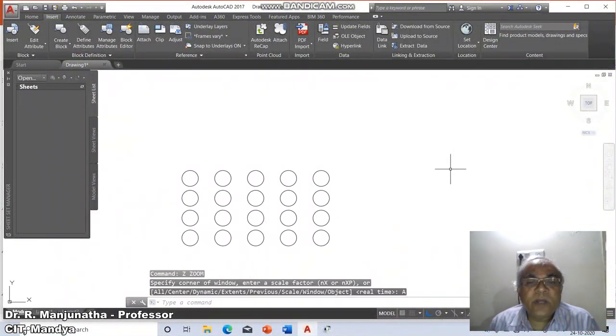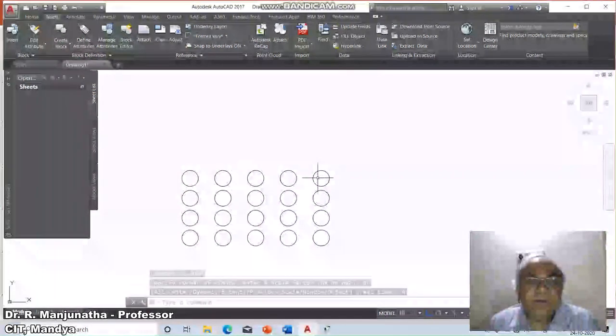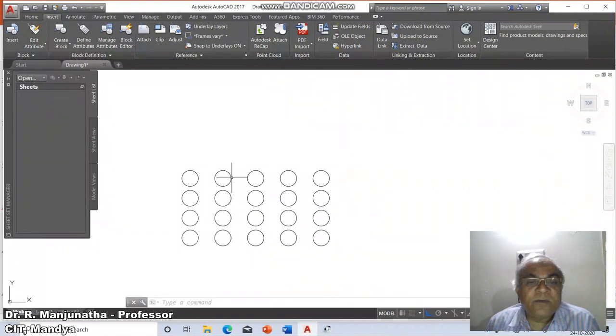So now we are going to have this. This is the source object here. This is going to be the distance between the columns, and this is going to be the distance between the rows. Since this is the source object and this is the origin, both x and y are negative, so obviously it will be in the third quadrant.